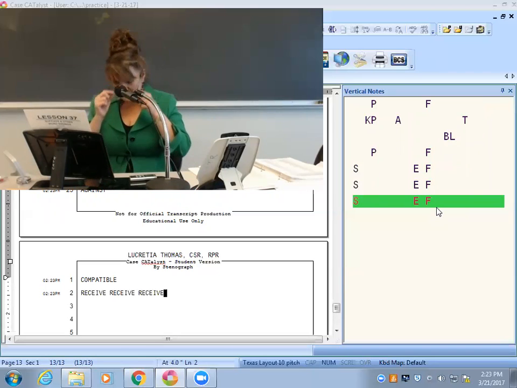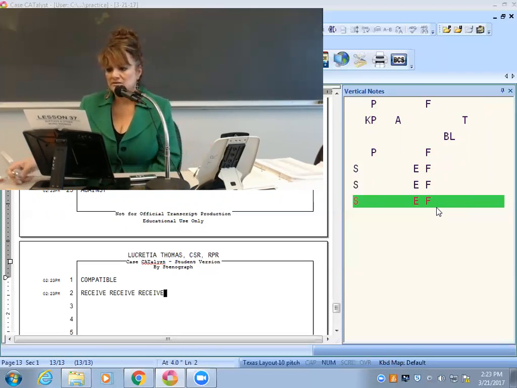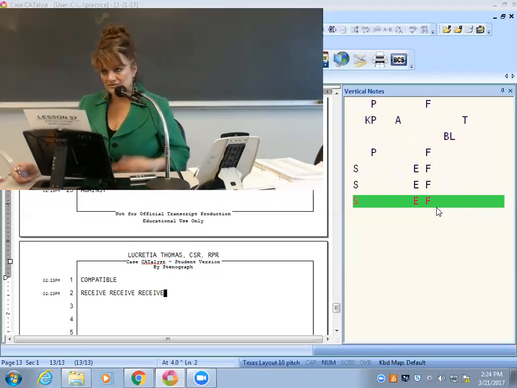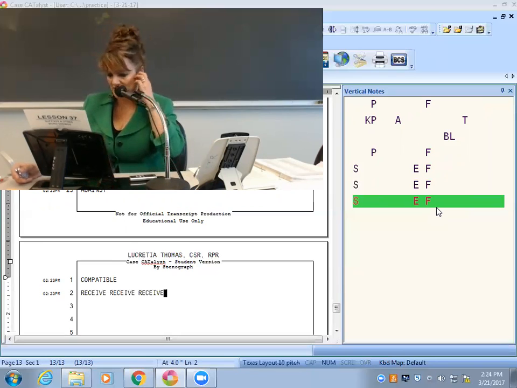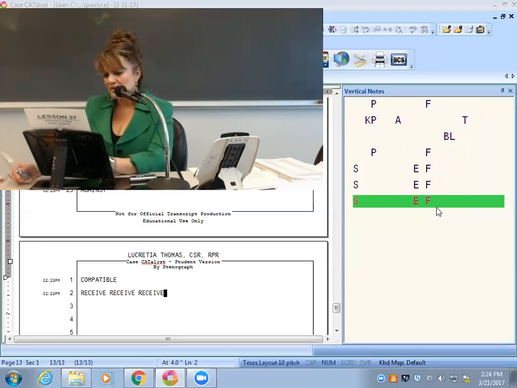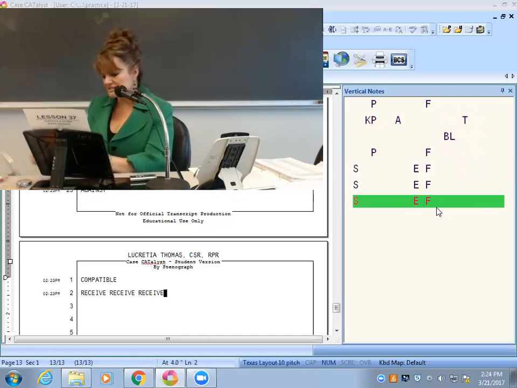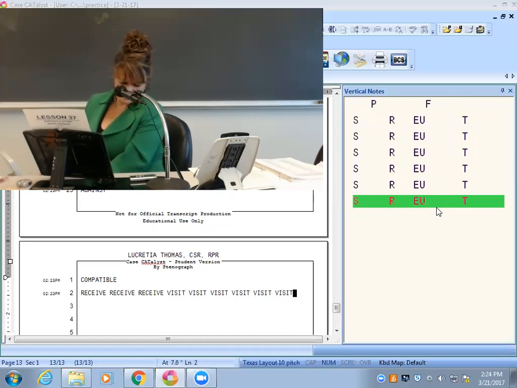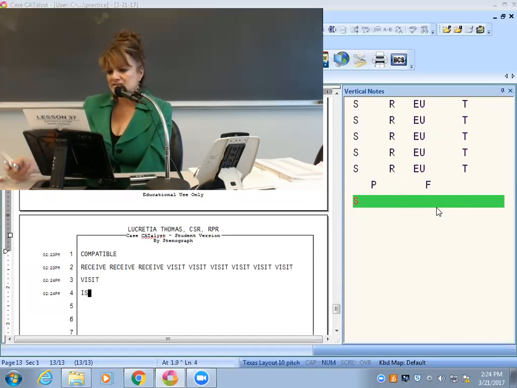Okay, and this is going to be at 70. Just try and get what you can and at least get your IBM. You have to just think, how is it written? Most of these don't have any periods, okay? So it's just IBM, with an asterisk if you have time to put it in. And here we go. Visit is VIT. VIT, okay? 70 words a minute.